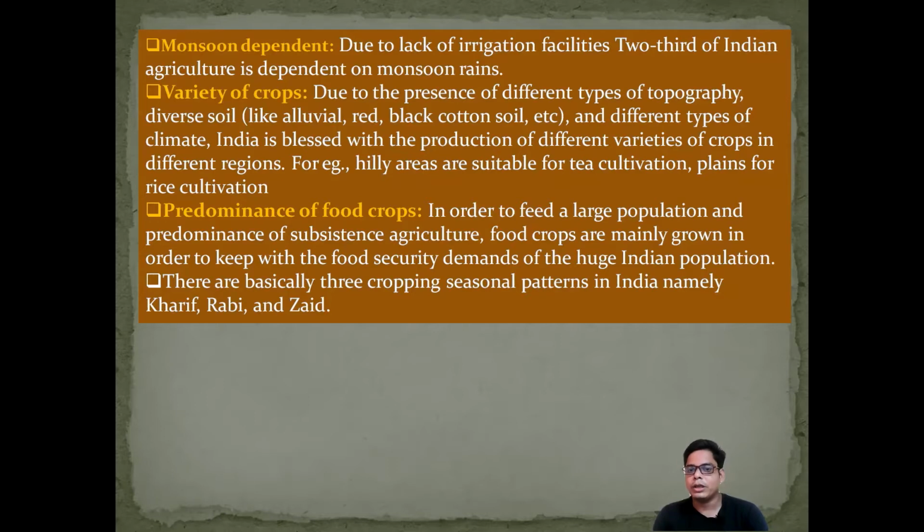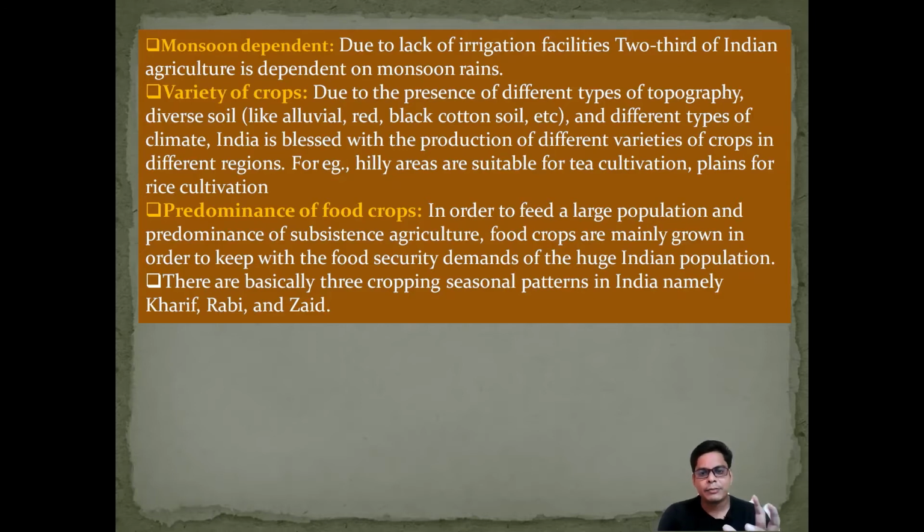If you take the example of northern India, UP and Bihar are famous for sugarcane. For sugarcane, this area is very much famous. If you want to take the example of another crop, wheat is also grown in UP and Bihar. Then Gujarat, Maharashtra and Andhra Pradesh are famous for cotton cultivation.